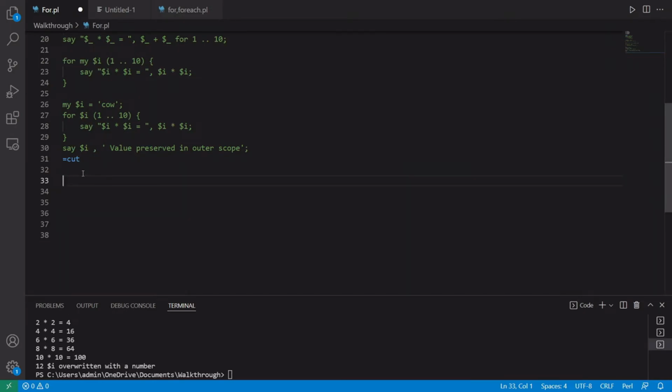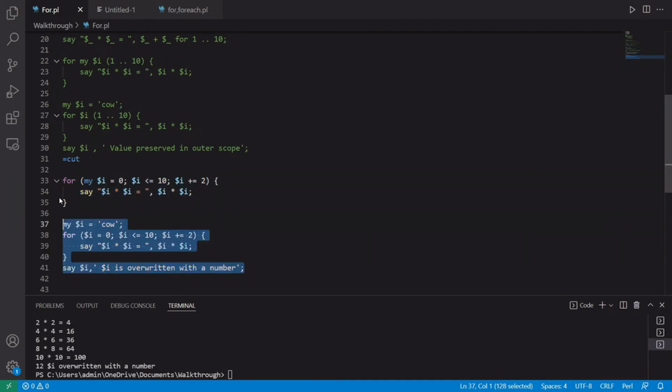The C-style for loop requires you to manage the conditions of iteration. You must explicitly assign to an iteration variable in the looping construct, since this loop performs neither aliasing nor assignment to the topic variable. While any variable declared in the loop construct is scoped to the lexical block of the loop, it will limit the lexical scope of a variable declared outside the loop construct.